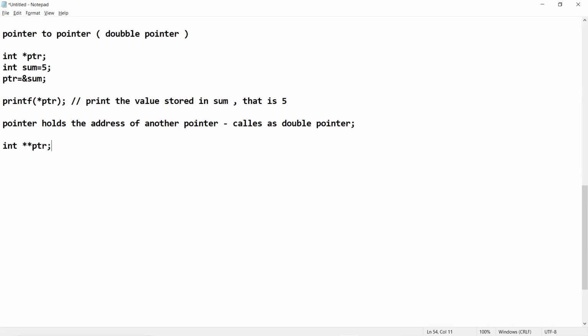There must be two asterisks in the declaration of a double pointer. So there is ptr1, which has a value. ptr1 is going to store the address of ptr2.